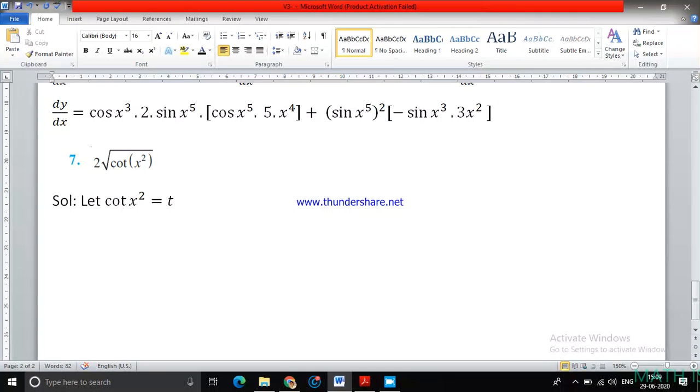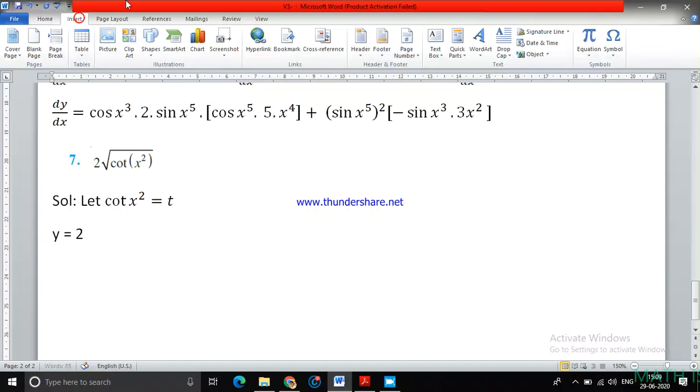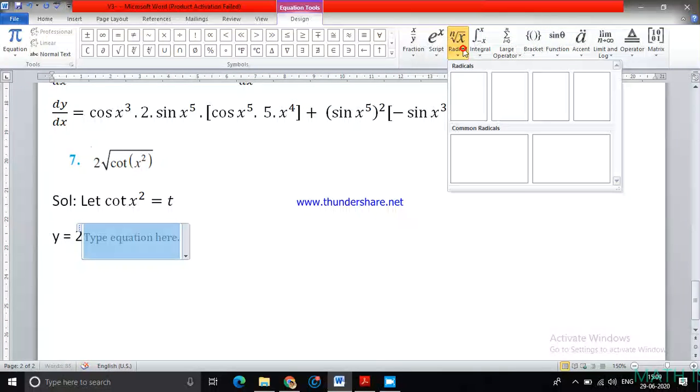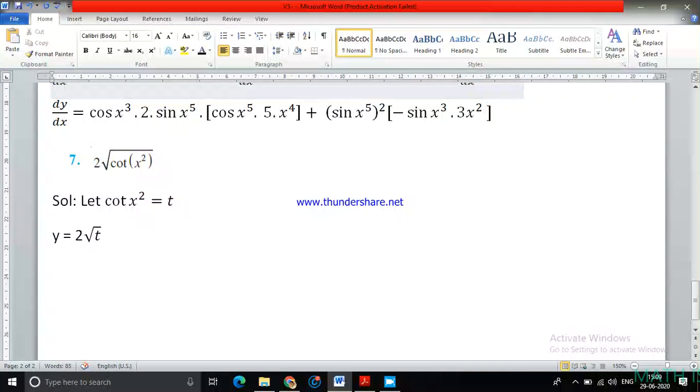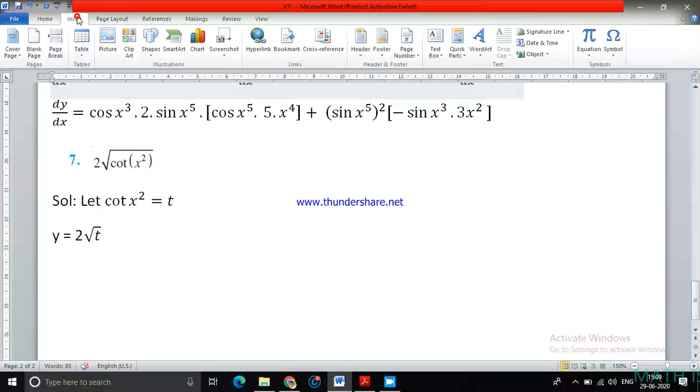So what do you get then? y equals to 2 root t. Now if I differentiate with respect to x, then I'll get it as